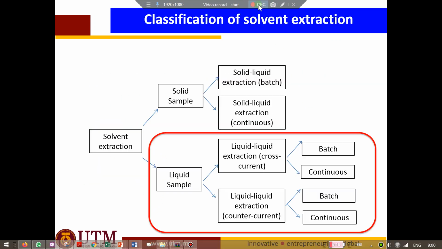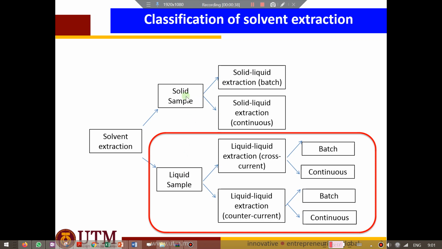Okay, the next one is the classification of solvent extraction. Solvent extraction, we can apply to the solid sample and liquid sample, depends on the type of your sample. But solvent extraction can actually be done for gas sample, but we will only focus on the solid or the liquid sample. Gas sample is far more advanced. Even myself have learned about it, but don't yet have any opportunity to apply it in my research yet. Alright,